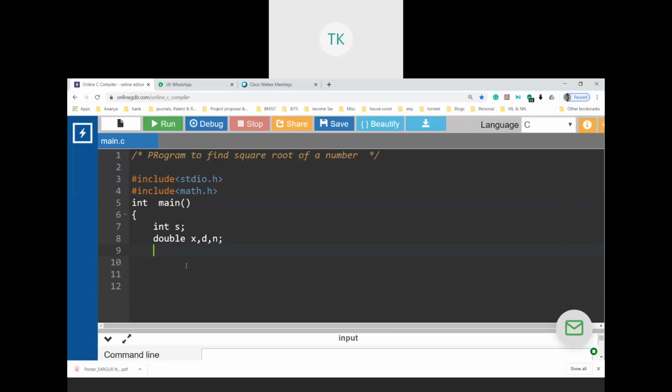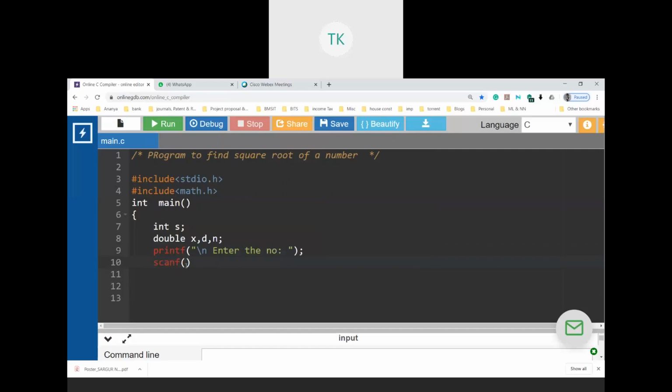Okay, let me accept the value first. To accept the value, I'll use printf. Let me print the text first for the user to know what is supposed to be given. We'll say "Enter the number", give a space here, and then I say scanf.